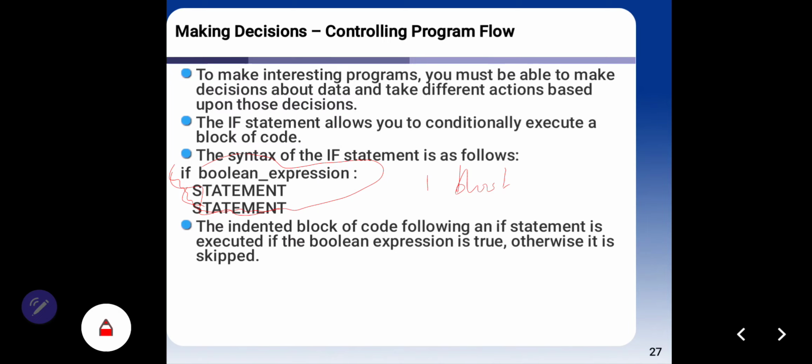You have to think about indentation. I hope you understand about this indentation, and I have explained it in the last lesson.